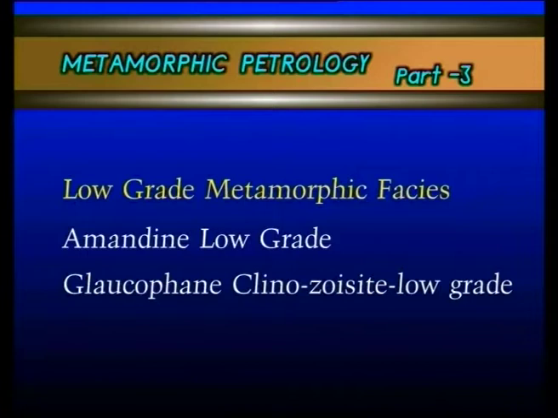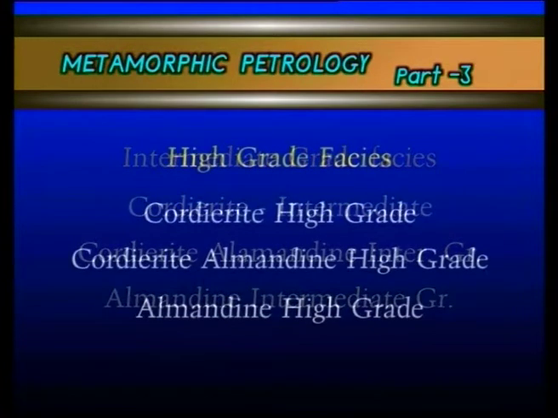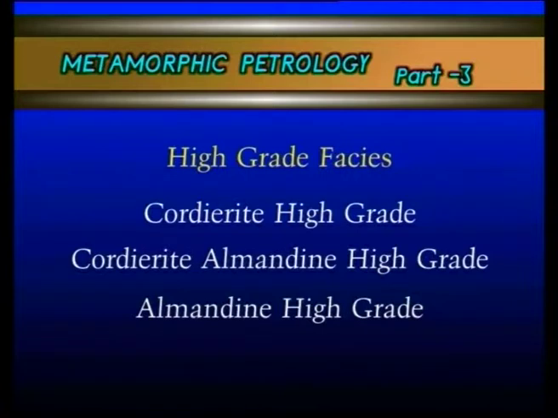Now look particularly at the low grade metamorphic phases: these are almandine low grade and glaucophane clinozoisite low grade. If we look at the intermediate grade, that is cordierite intermediate, cordierite almandine intermediate grade and almandine intermediate grade. And further, the high grade: cordierite high grade, cordierite almandine high grade and almandine high grade. Particularly right from very low grade towards high grade